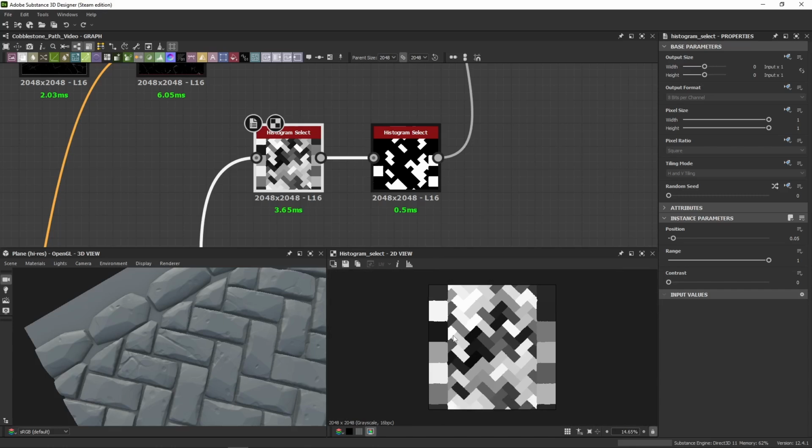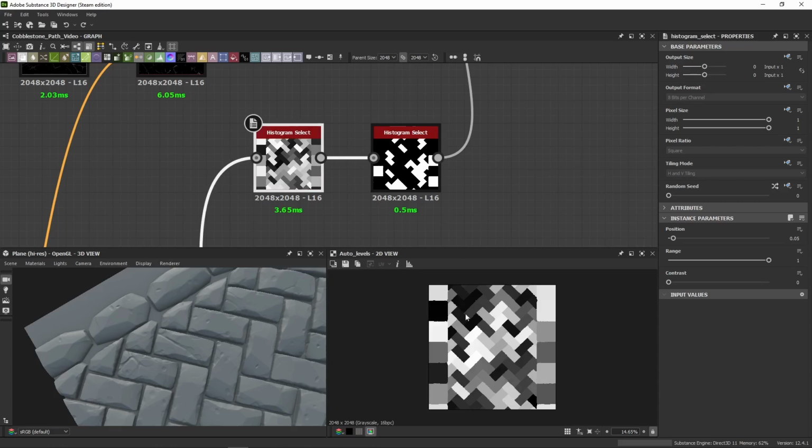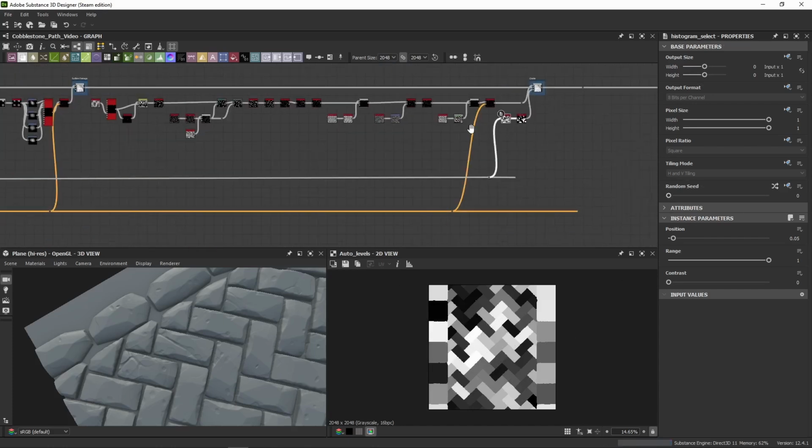It's kind of hard to explain. Just play around with it. Basically, if you have one set of grayscale like this, and you want to get a bunch of different variations of this guy, without having to,